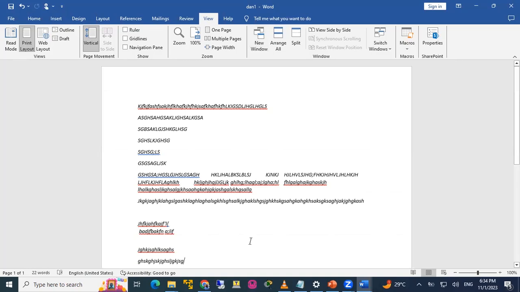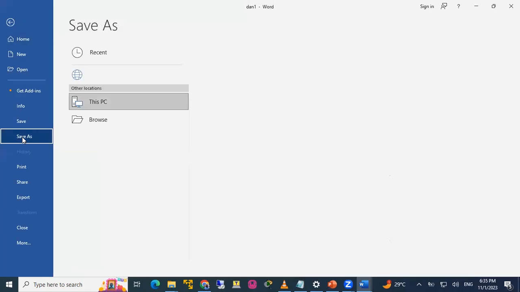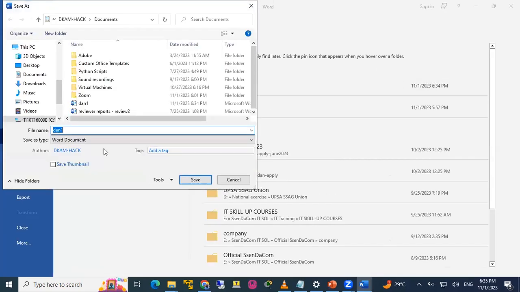If I want to do a copy of this whilst I'm typing, I don't want to go and do copy paste. Whilst I'm typing, I see, oh okay, this is the original. Now I want to create a copy of the original. So I go to file, and I do save as. Then maybe the same place, documents. Now I do down one, I do dash copy.